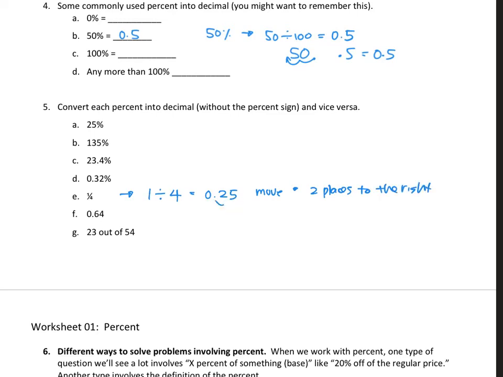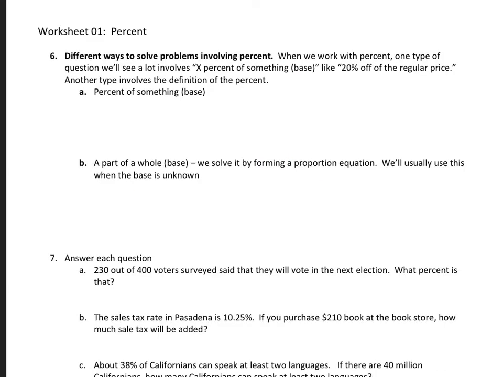So here's my decimal now. I go move to the right. So 25 point. So basically that's 25 percent. I can drop the last point. So that's that. So I'm going to have a pause and finish the rest of number 4 and number 5, and let's meet back at number 6. All right, let's look at number 6.